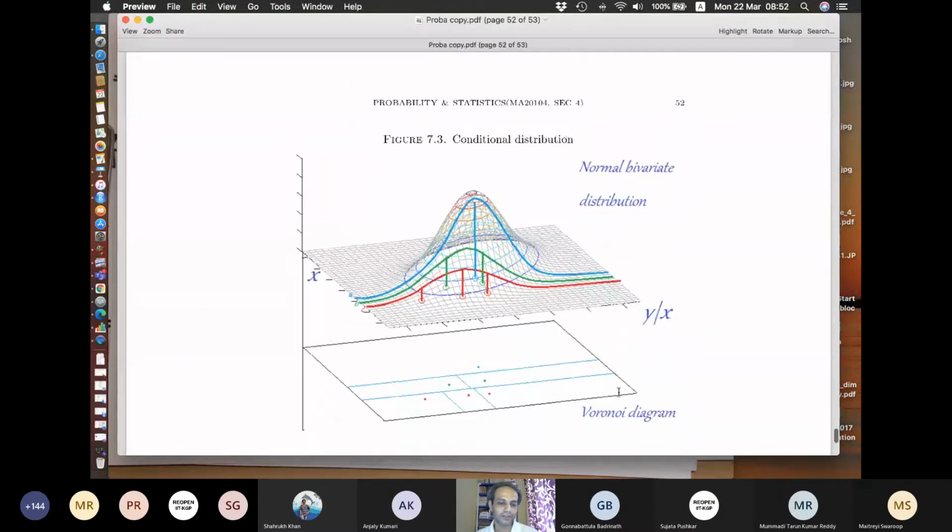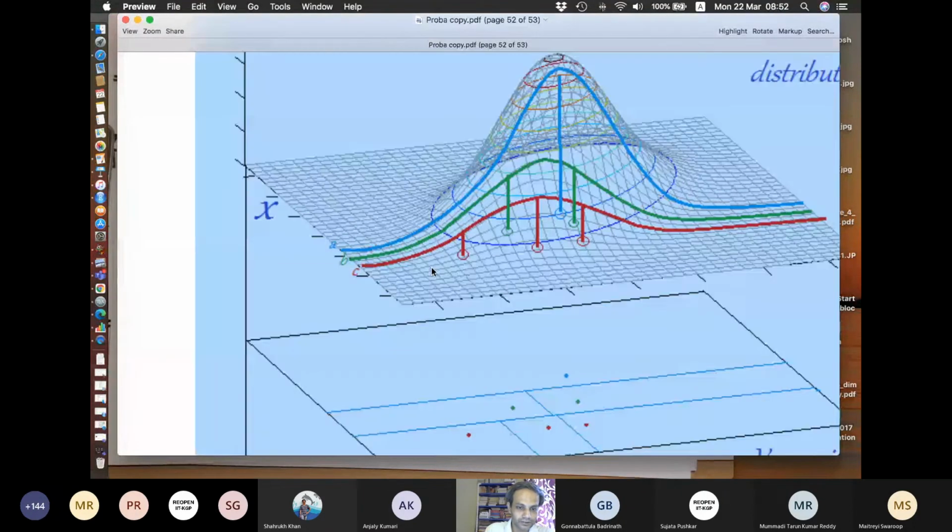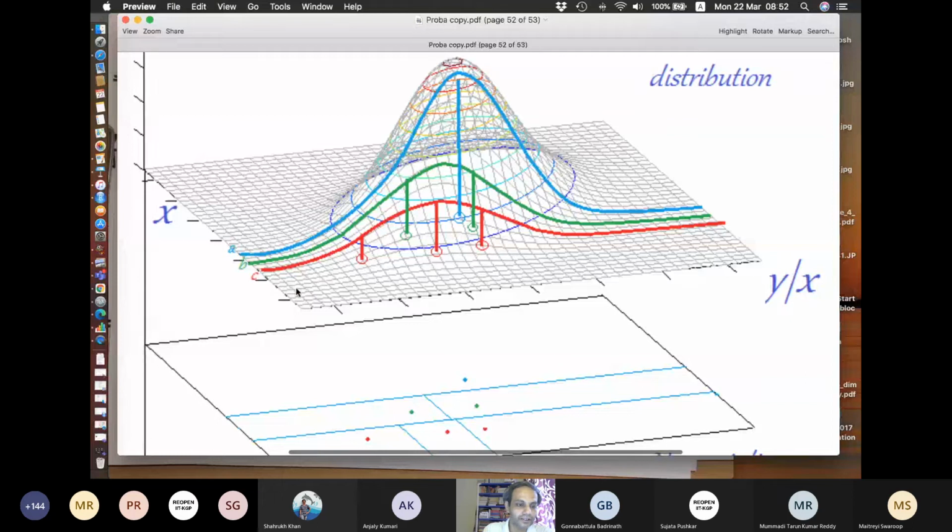Okay. Here you can see the conditional densities of y given x. So for different values of x, let me make it large. If x equals a, then the conditional PDF of y given x is this blue color. If the value of x is b, then the conditional distribution of y given x is this green color, and if the x value is c, then the conditional density of y given x is this red color